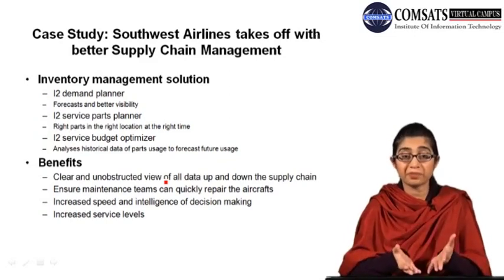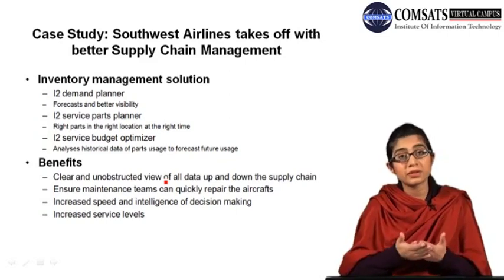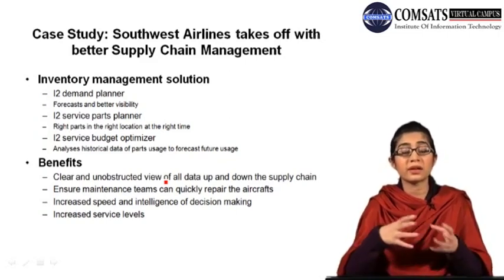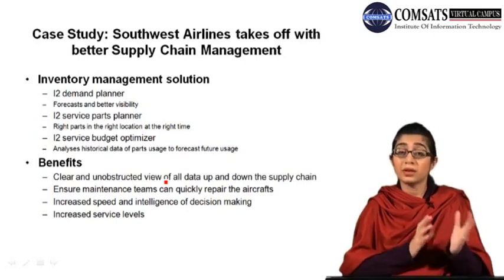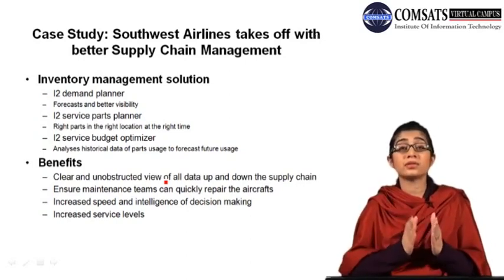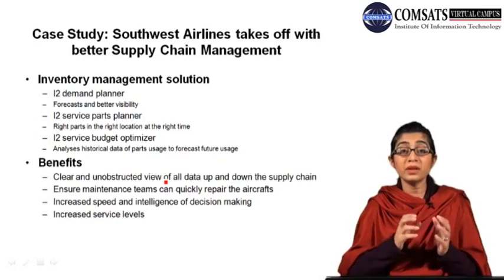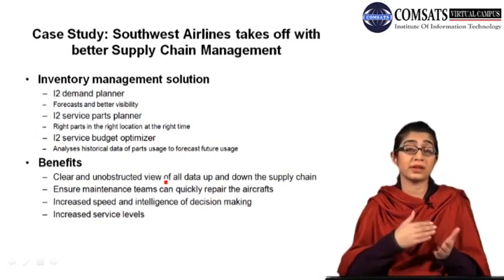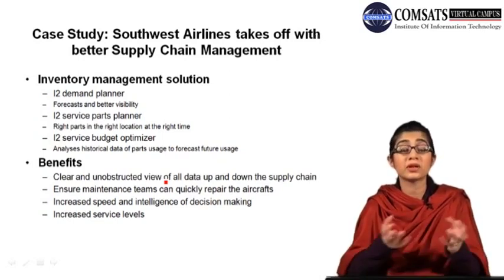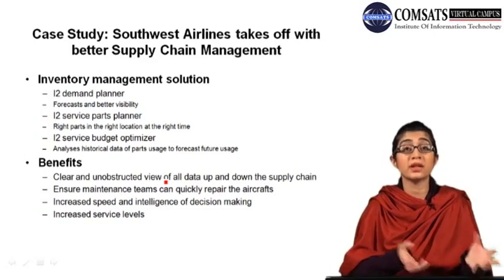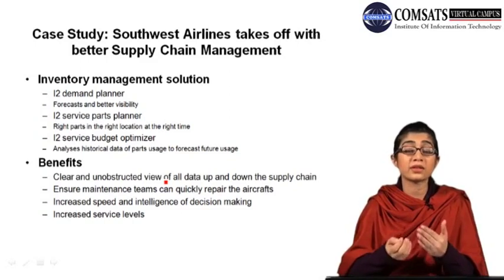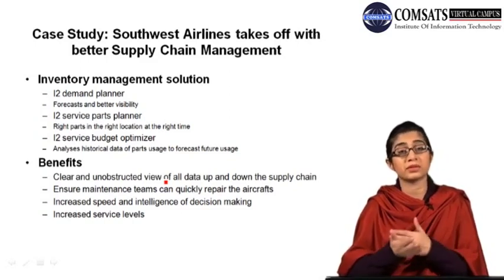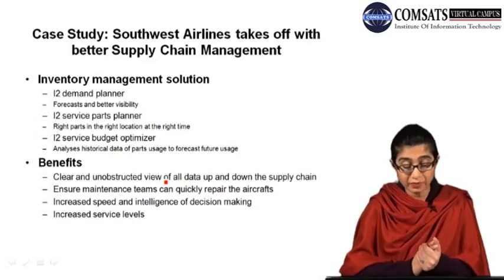The parts maintenance was being delayed, as well as parts repairing was being delayed, as well as the repairing of the aircraft was being delayed as well. What happened because of that was that they could not have the airplane or the aircraft in moving mode; they had to ground it for a longer time. That means their aircraft count had decreased and they could not transfer the people from one place to another on time.